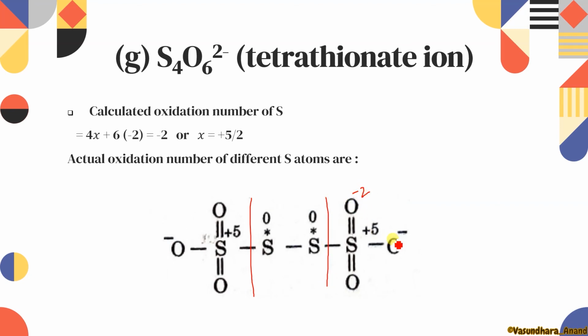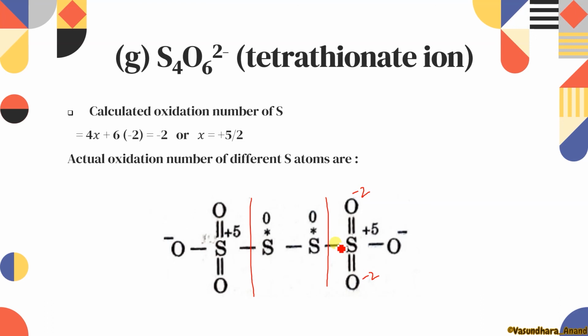This one has already charged. This one is -2. So to make this part 0, what will we do? It will be -2, -2, -1, that is, this should be +5. Similarly, this one. So this is +5, this is +5 done. Now if we do anything here, what will it be? It will be just different. So we have to make the compound neutral, isn't it? Because -2 charge is already distributed over here. So this is 0 and 0.